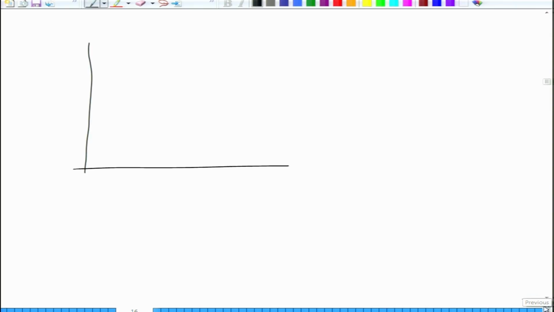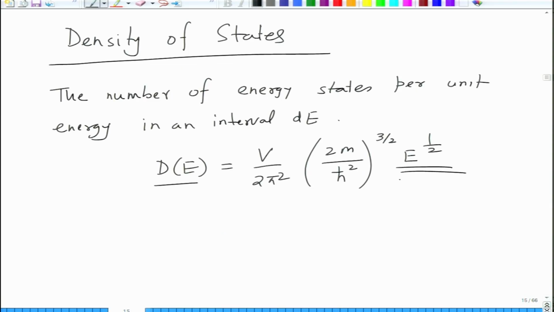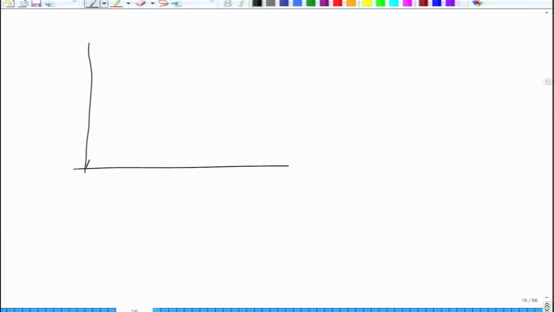So, you can plot this and you can see that if E is equal to 0, g(E) will be equal to 0 as well. So, this goes as something like this. This is g(E) and you will have E here. Now, when the temperature increases, the density of states tends to show a behavior around an energy called the Fermi energy.